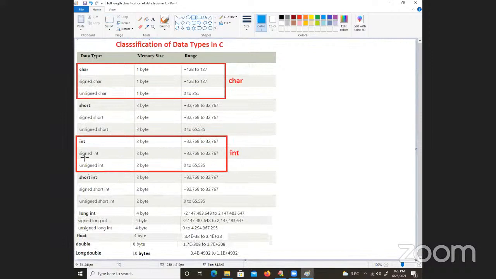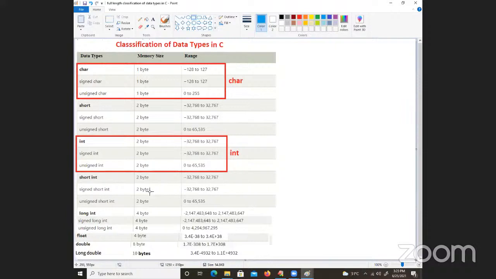Now come to that. Short is nothing but int only. Come to one more point here: short int. They combined int plus short together. See the same calculation once again, the same calculation they went for. Is it necessary or not necessary? Not necessary, because it is also 2 bytes only. So if I know int, signed int, and unsigned int, that is more than enough for us.